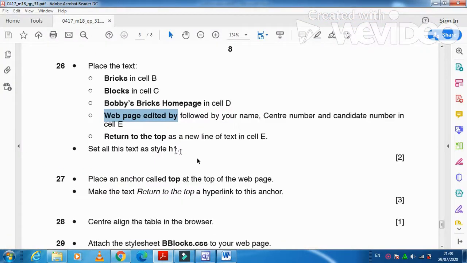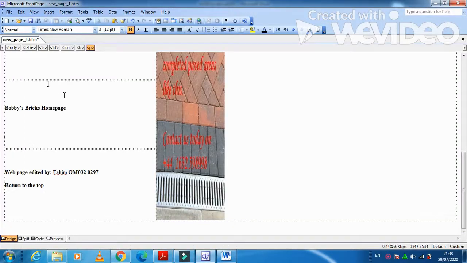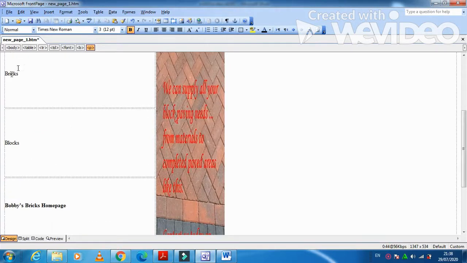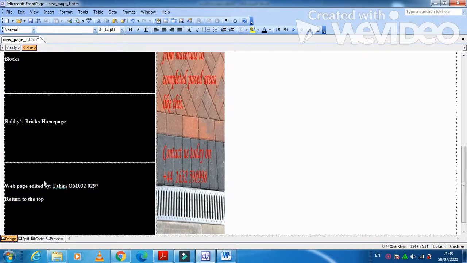Yes. So what you need to do is all this text should be in H1. So select all these cells and make this one as heading style H1.